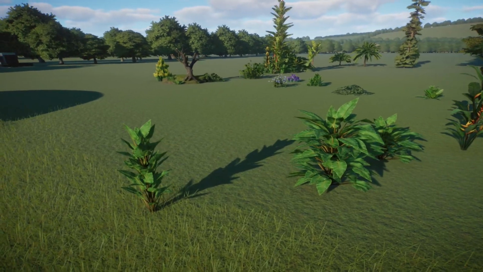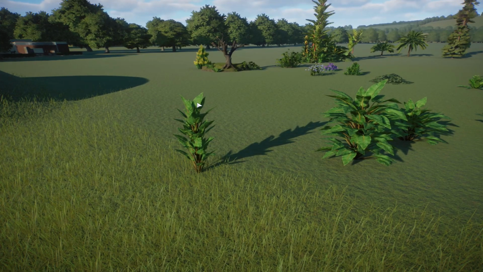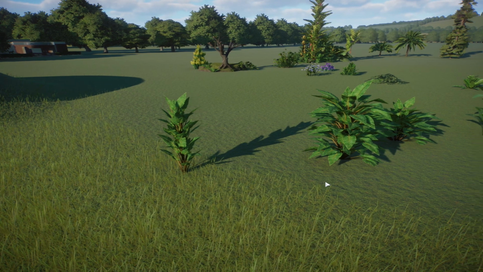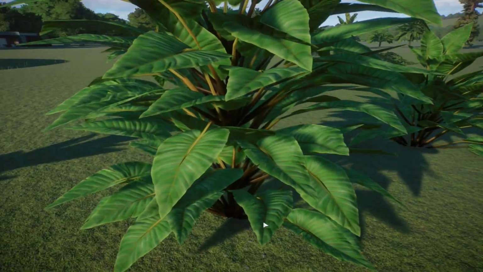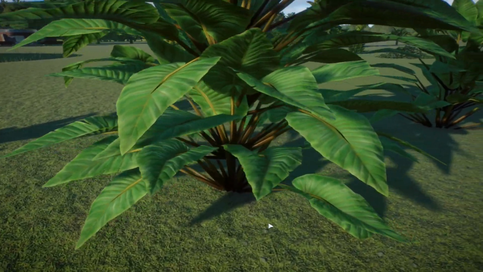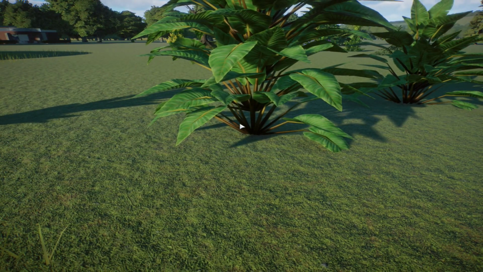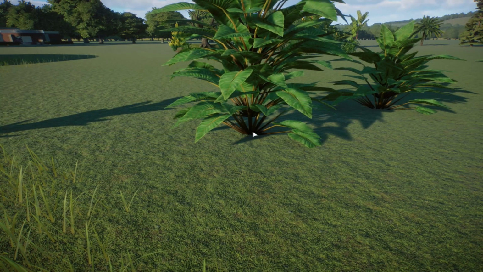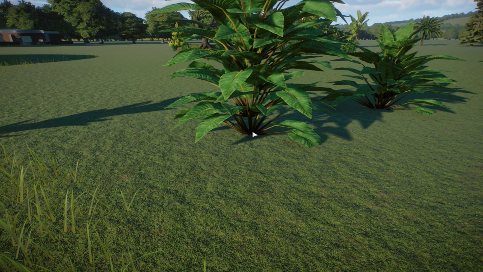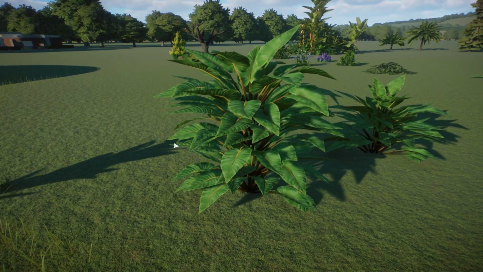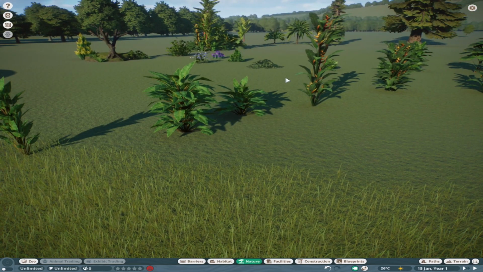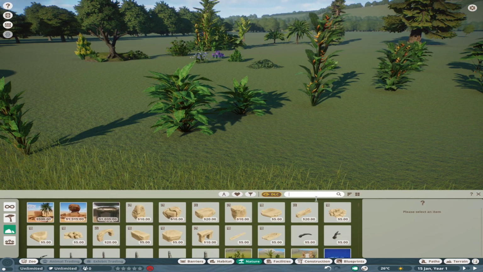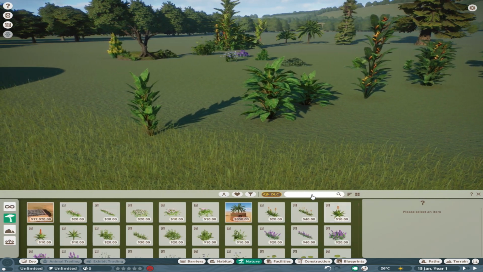So over here we have the elephant ear plant. This is a fantastic plant for doing this with because it's very, very leafy and it stacks really nicely. If you look at the stacking that I've done here, you can't really see it, it looks like it's all part of one plant. It's not obvious that it's different plants that have been stacked, and it creates this very nice leafy vegetated look. So whenever I do this, I go to plants and get the elephant ear plant up,